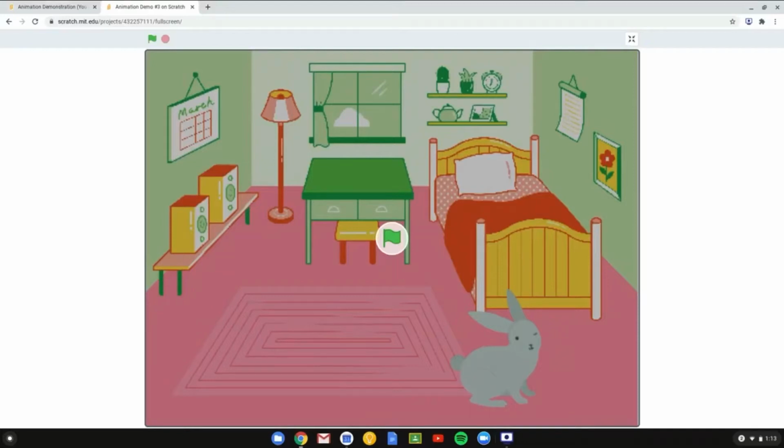Hi everyone, welcome back. We're going to be doing another animation demonstration. This one will be a little bit simpler, just to understand the basics of Scratch and how to start coding